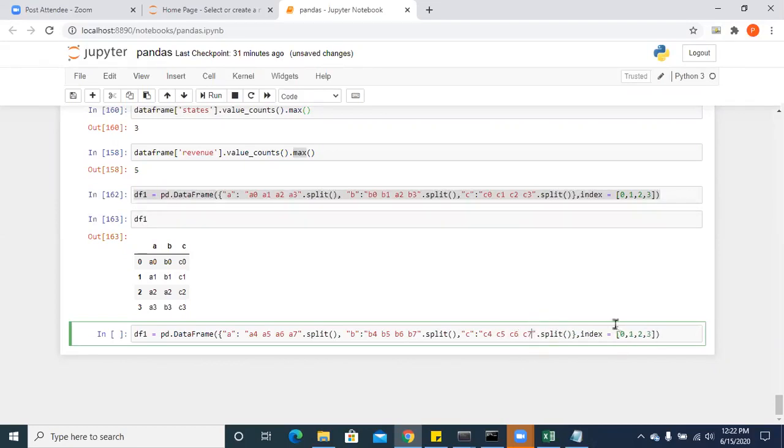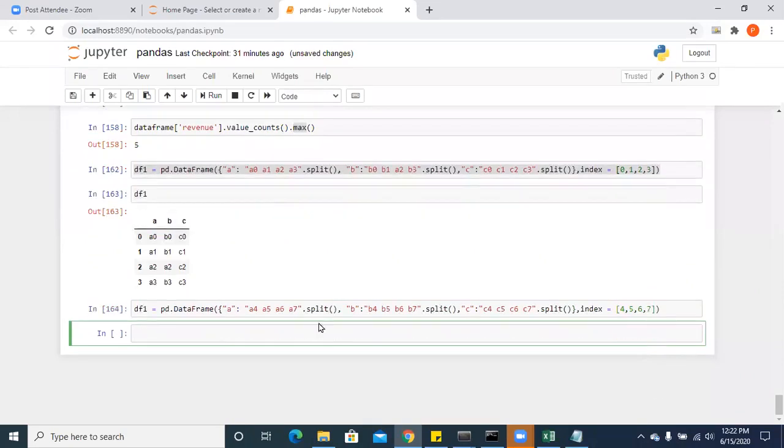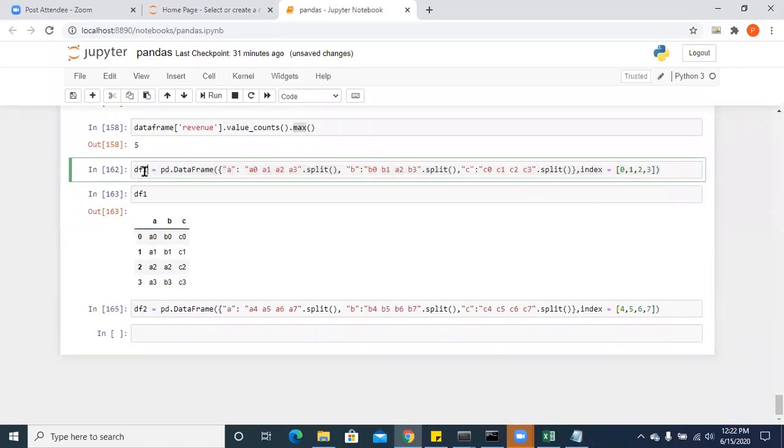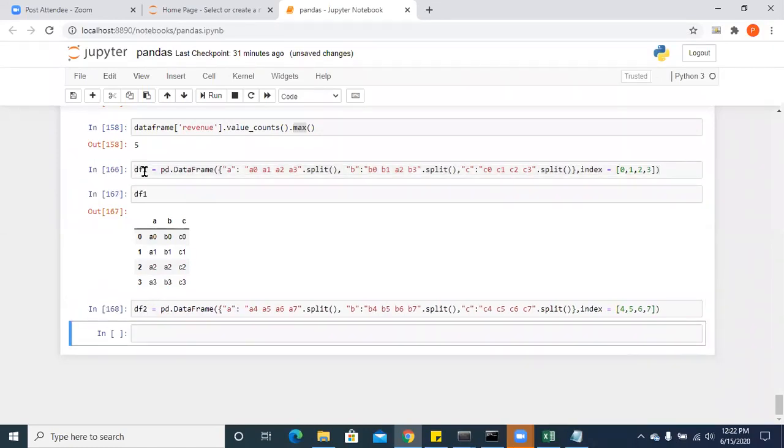And I give these indexes as 4, 5, 6, and 7. Just execute this. So this is df2. This is df1. This is df2.